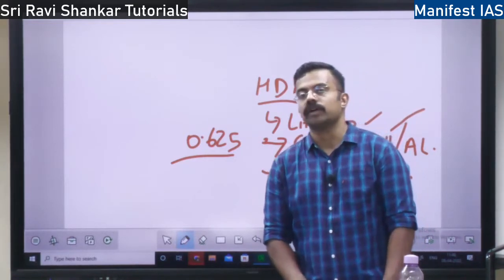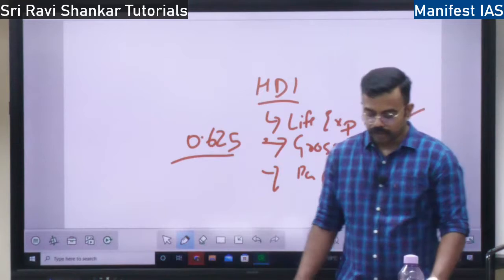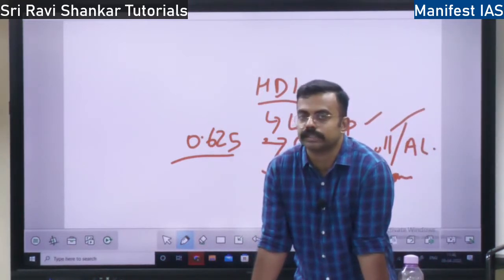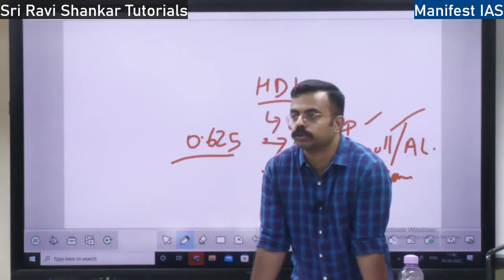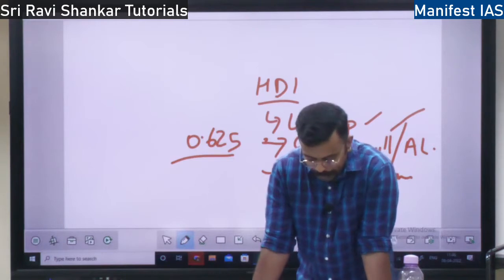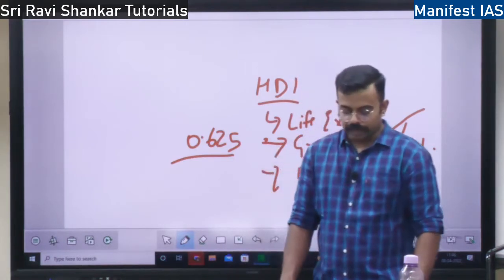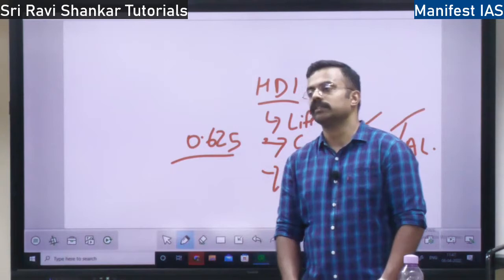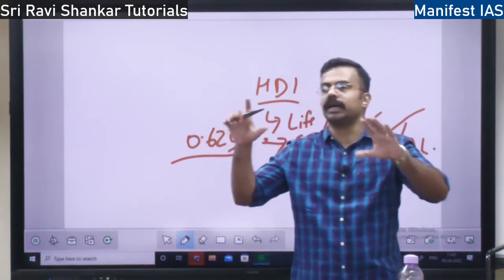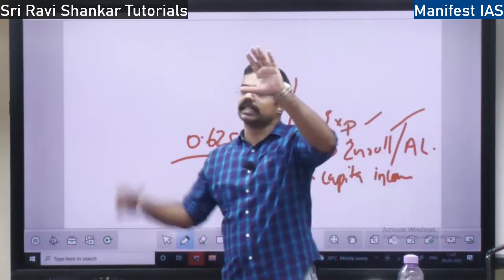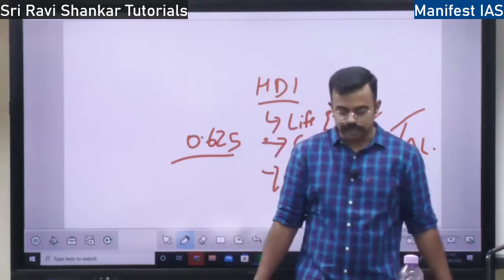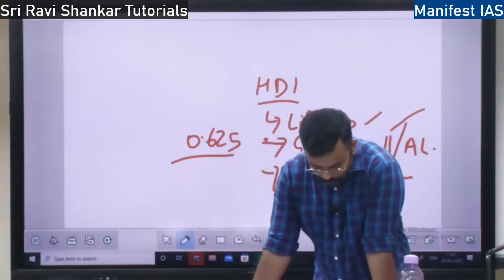The Malthusian theory of population is very, very important. There is one particular section called Neo-Malthusians, who are followers of Malthus but have said some modifications. There should be a balance between population and environmental resources. The population should be only as much as the resources allow, but if population increases while resources remain the same, there will be a lot of stress on the resources. This is what the Neo-Malthusians say.